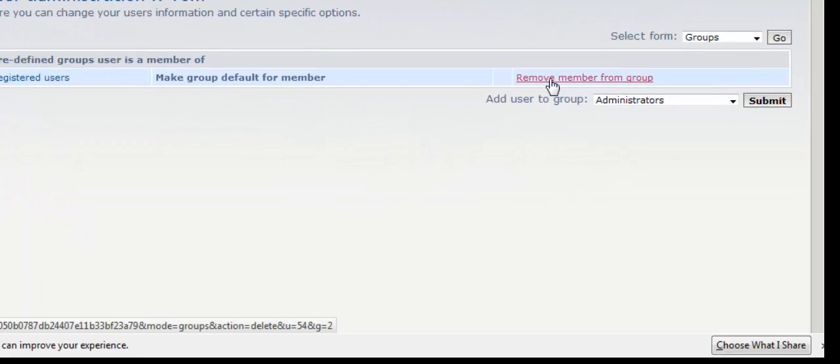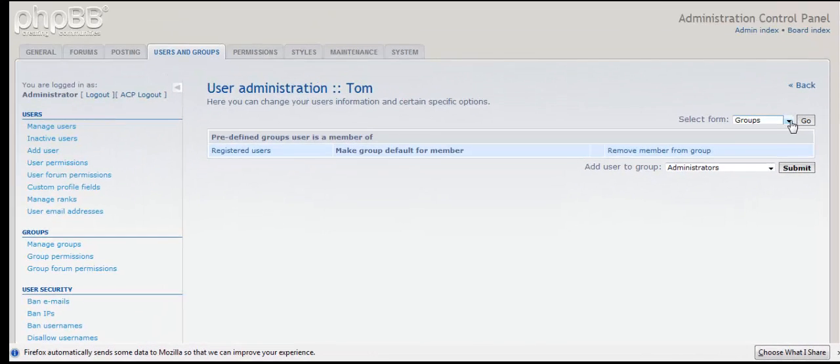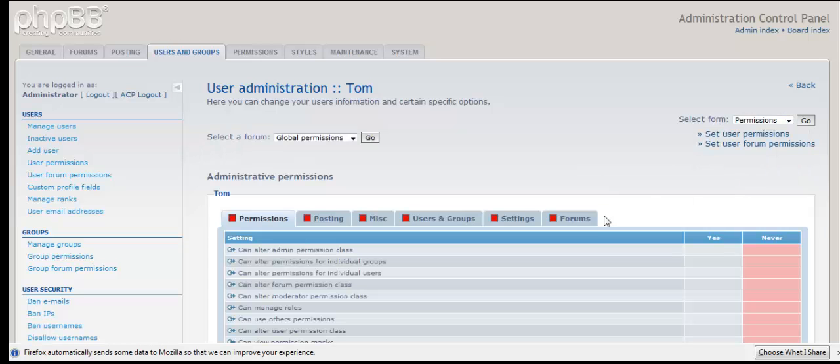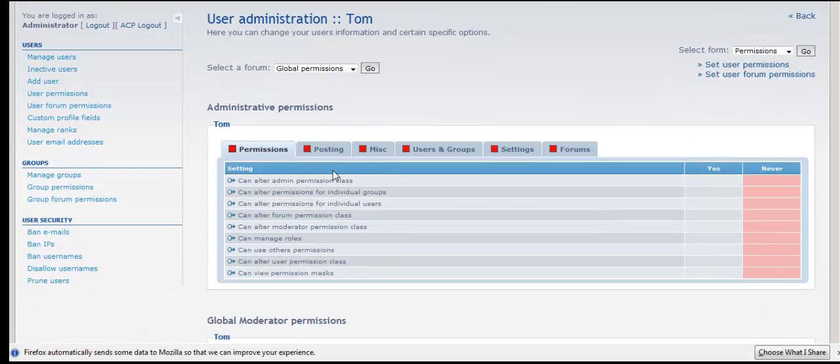Okay, we can remove him from the group if we wish, and you don't need to hit submit on anything there. Only hit submit if you're adding a user to a group. We'll show that in a second. Permissions just shows you what permissions he's got on any of these functions here. It's not something you'll look at a real lot. Attachments and warnings we're not really going to go to.